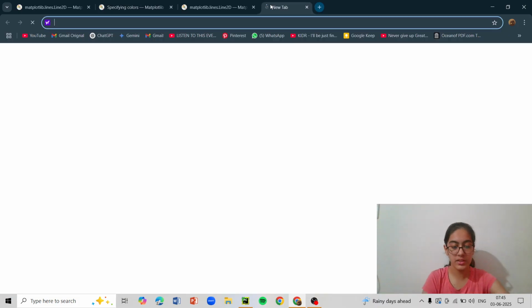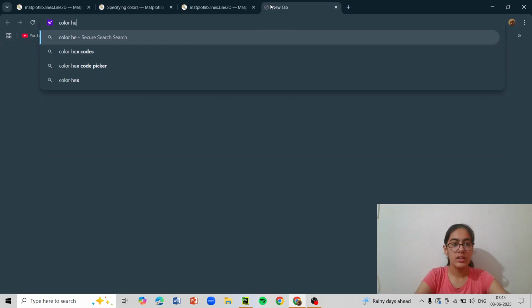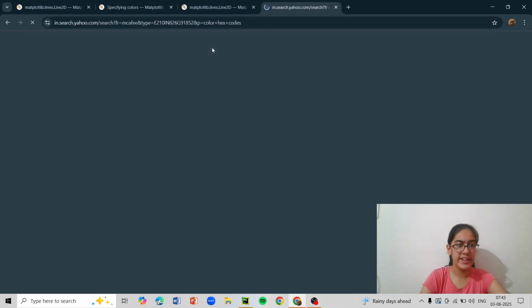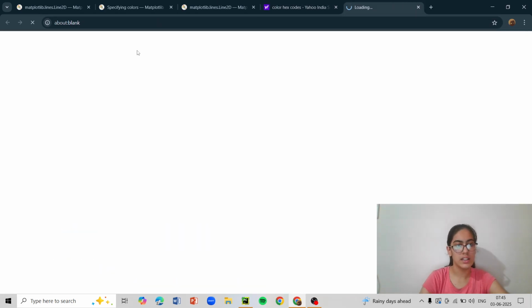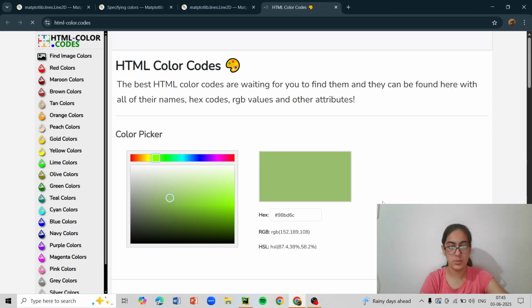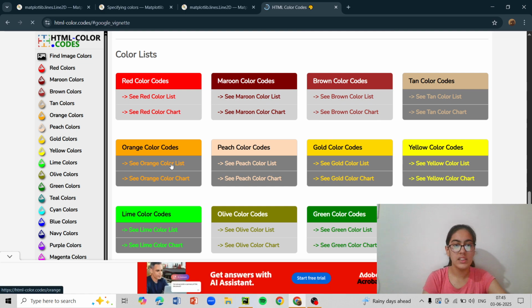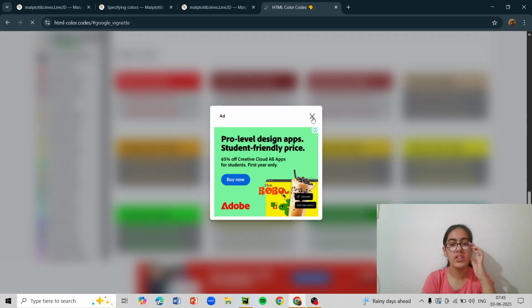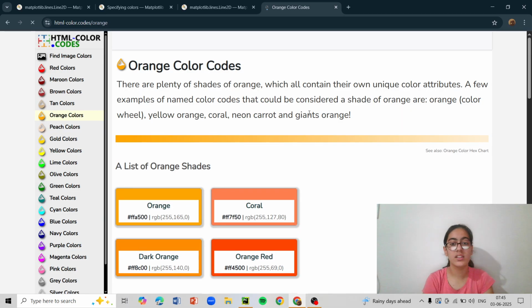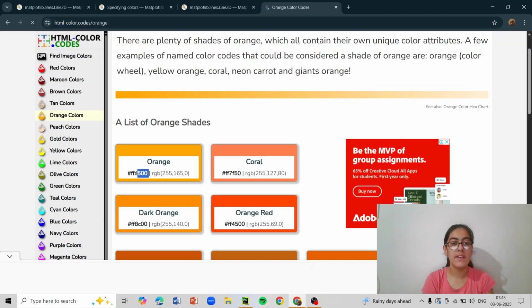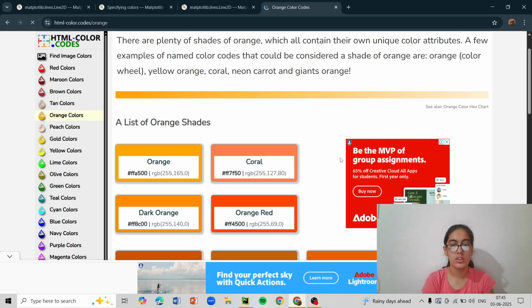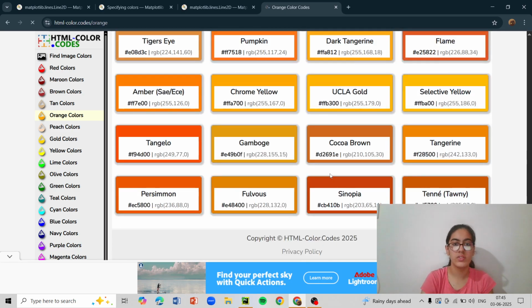If we go and search here, color hex codes, we'll get a list of all the color hex codes for HTML over here, but we can get them for Python as well. So these are the same for Python. So orange color list will have various color hex codes, like here we have FFA500, coral, dark orange, and all of these colors.